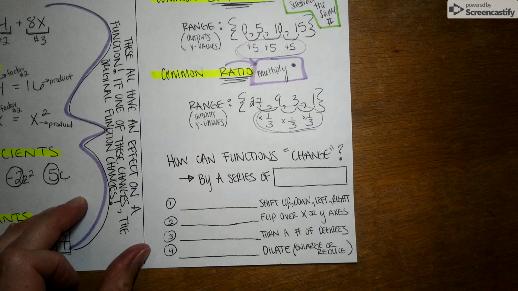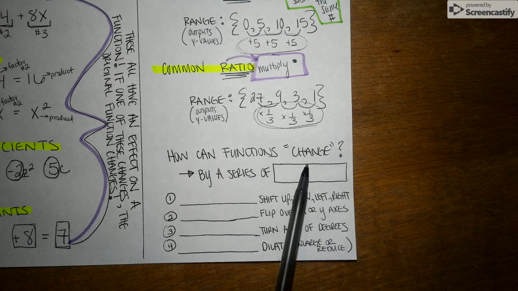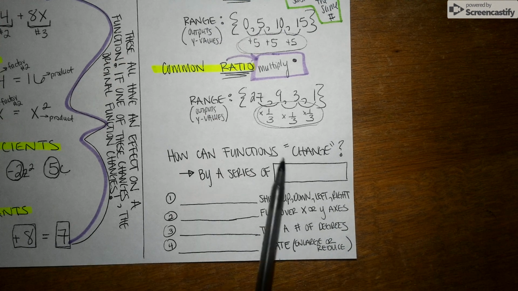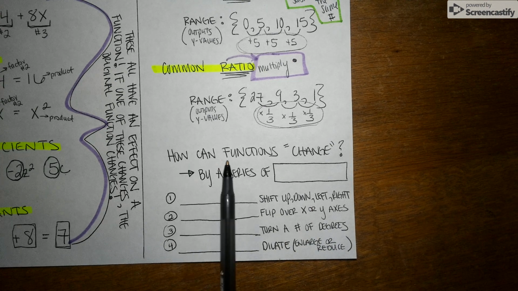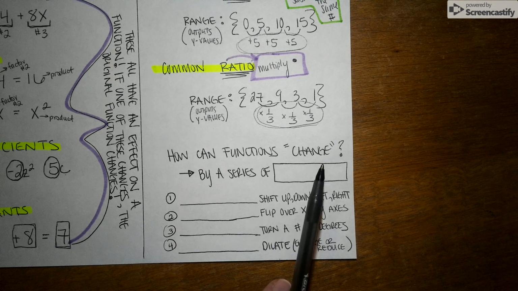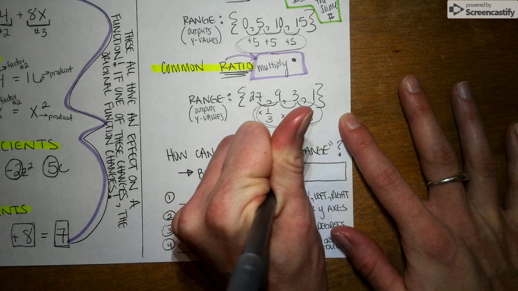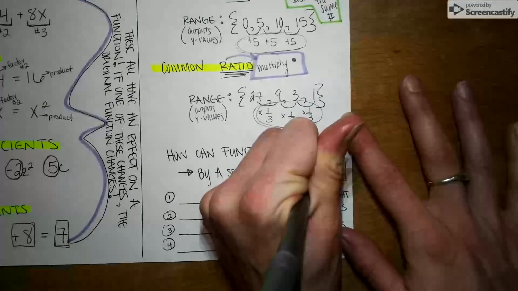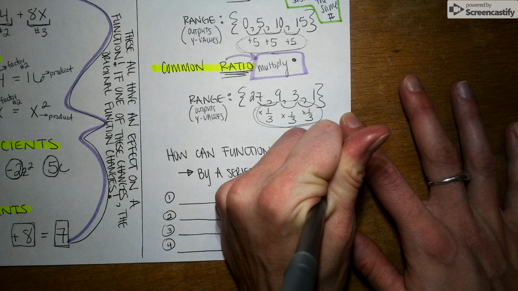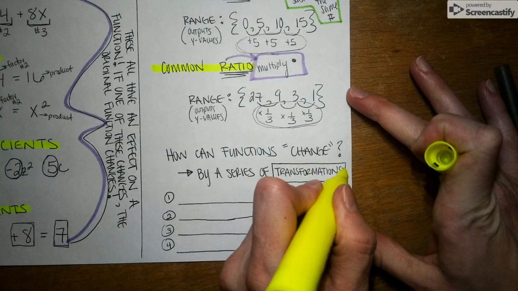Finally, in lesson 1.1D, we explored how functions change. So instead of using the word change, which is kind of common knowledge, we use a more fancy term called transformation. So how functions change is by what we call a series of transformations. So I'm going to write the word transformation in here. And again, because this is a key vocabulary word, I'm going to get out my yellow highlighter and highlight the word